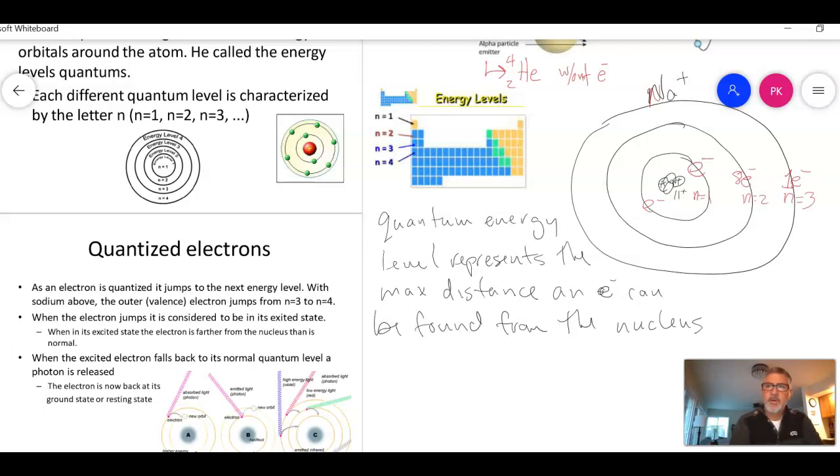So these electrons here at n equals 1, the reason why they're at that distance is that's how much energy they have, and that's the maximum distance they can be found. An electron orbital then